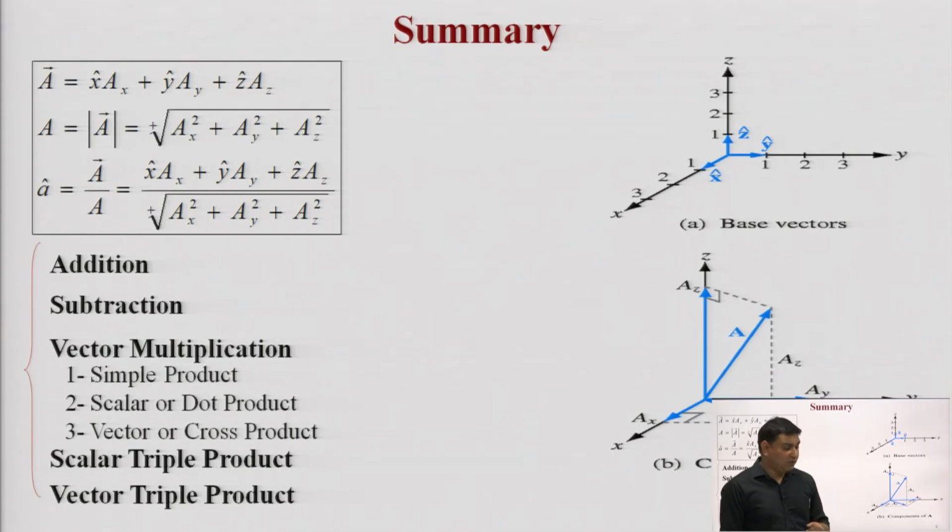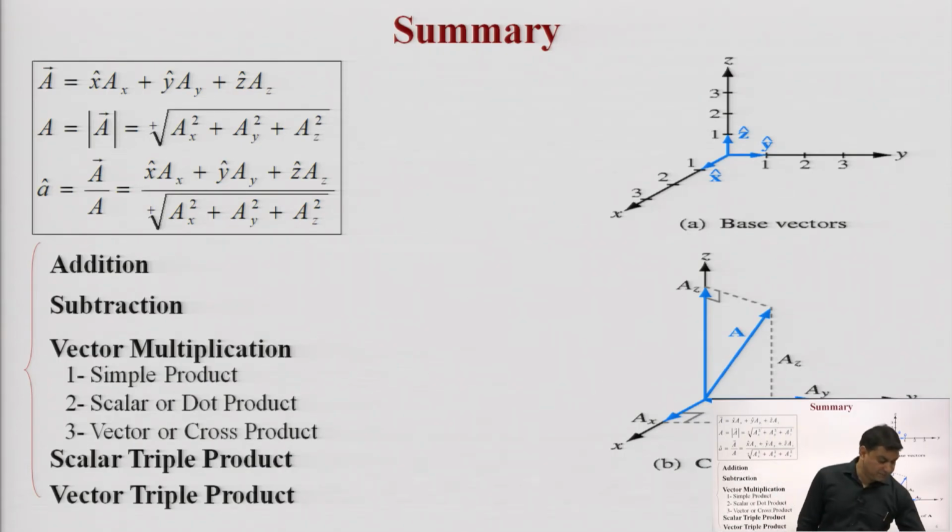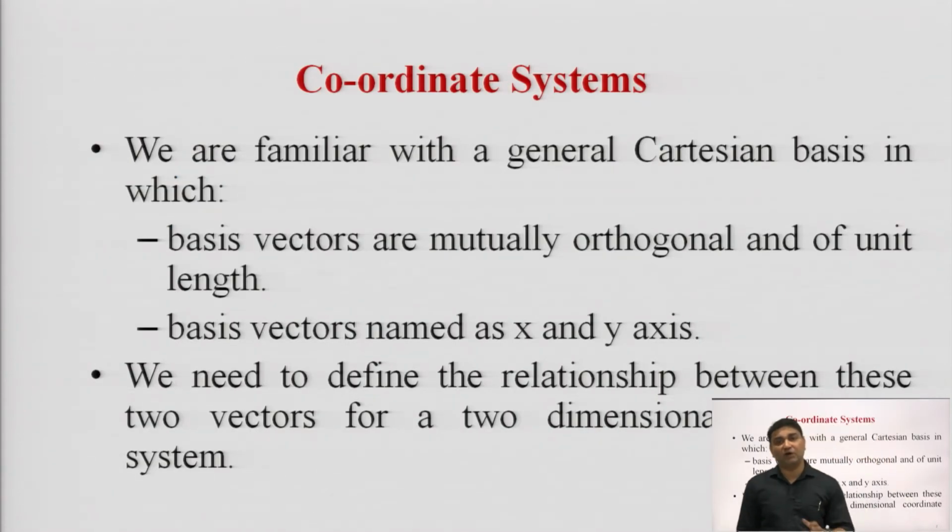So, now I am going to start the introduction of coordinate systems. Coordinate systems are also a very inherent part of this subject, EMFT and antenna. Without a good understanding of coordinate systems, you cannot visualize the locations, positions and orientation of any object